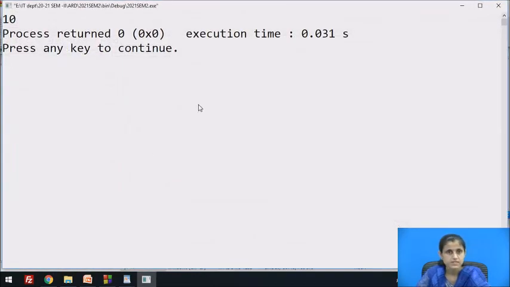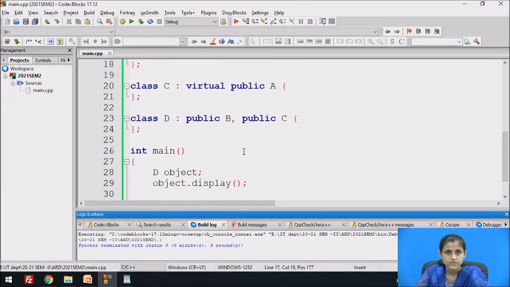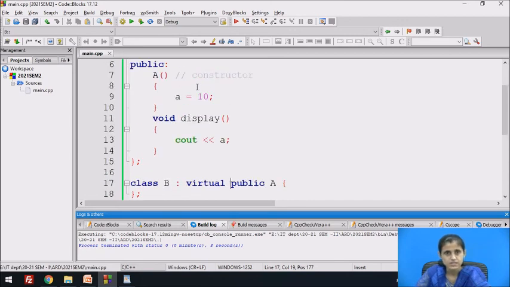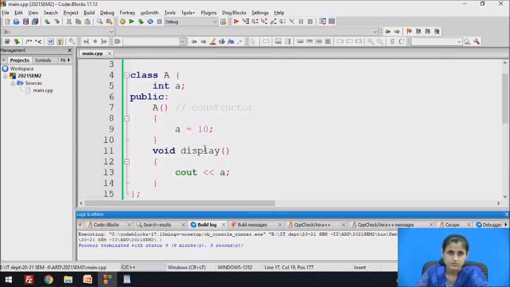Now the program executes and it displays 10. Because when the object is created, the constructor is called, it initializes A by 10, and then when display function is called, it displays A. So the value of A is 10, it is displayed.